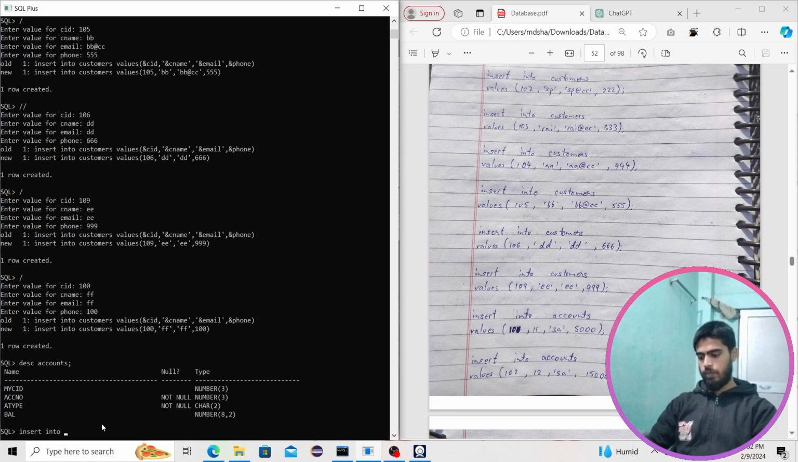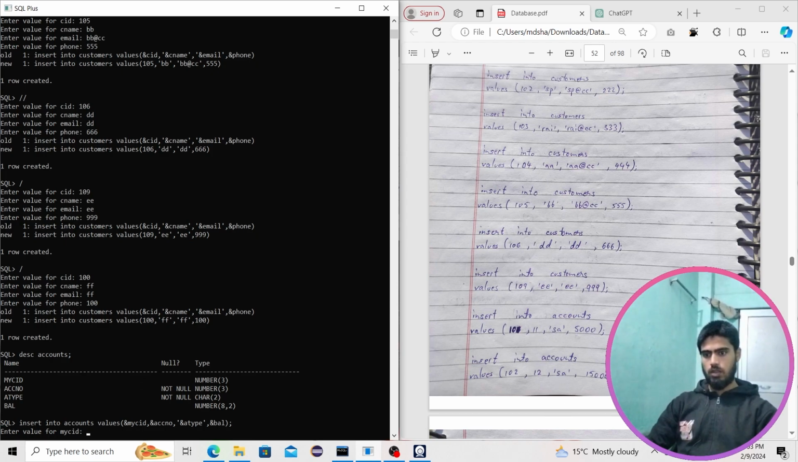Insert into accounts values, and my CID, and account number, then a type which is of char, then again a number which is balance. In accounts: